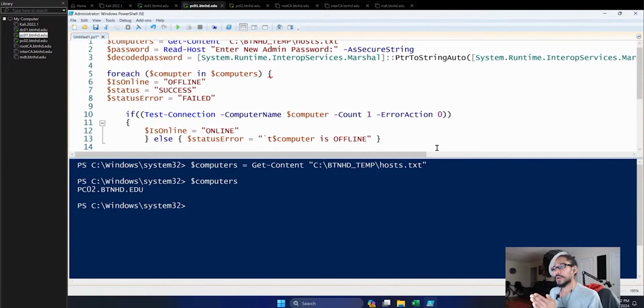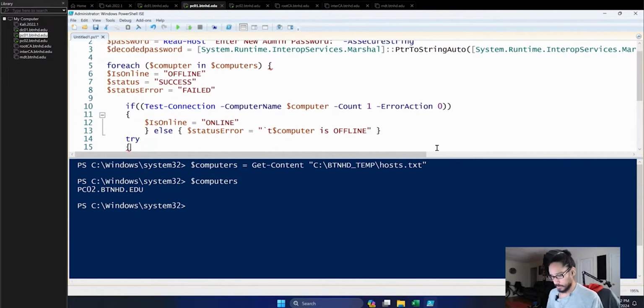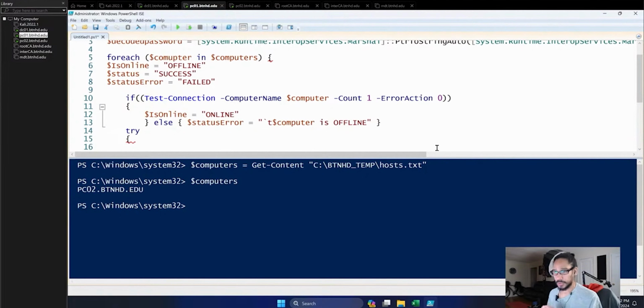Now, the try is where you're actually going to change the password. Hit enter, open wiggly brackets, hit enter again. Let's do a space. Now we're going to declare a variable of user. We need to declare the user that we're going to change the password for. So we're going to do equals, and again we need to do open and close brackets, and we're going to do ADSI, and open quotations and then close quotations.